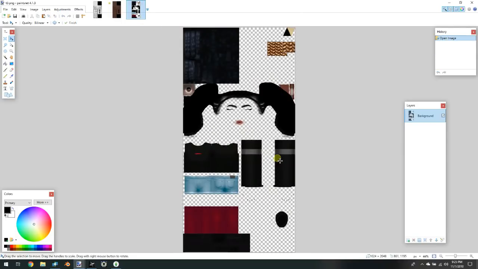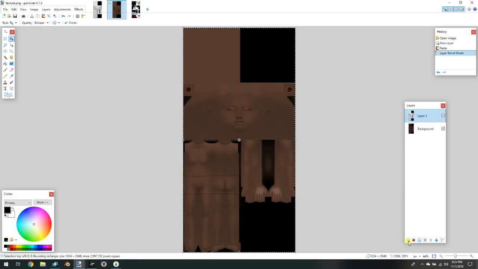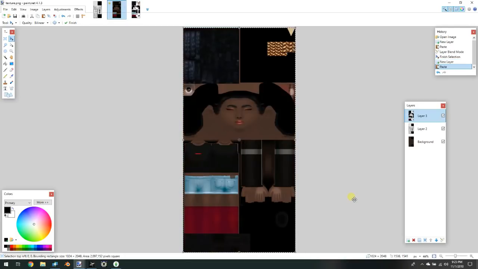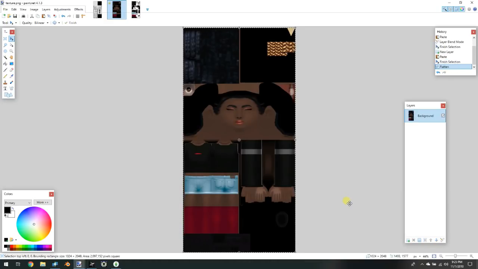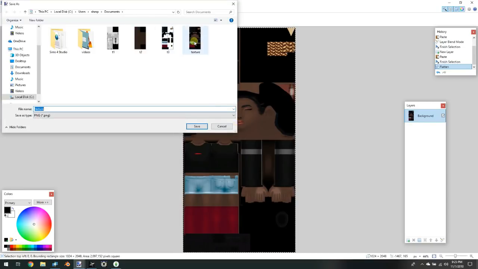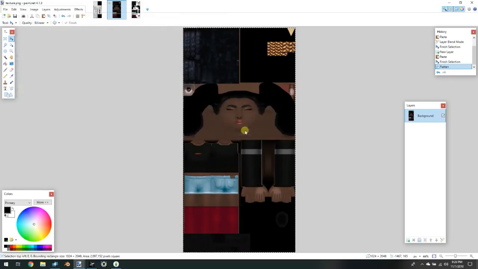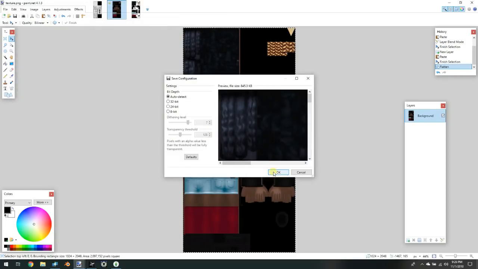The same for this one. We're going to copy, Control-C, go back to this layer, this image, add a new layer, Control-V to paste. Then we're going to flatten, Control-Shift-F, and then save it, Control-Shift-S, but that's going to stop my recording, so I'm just going to go to the top and do Save As, and then call it Texture, which I already have, right? So save, it already exists, yes, I'll replace it. And then press OK,